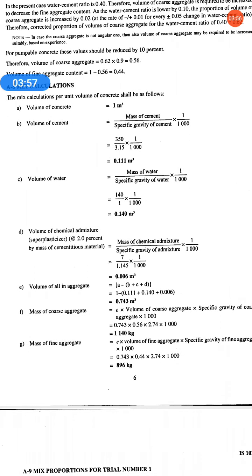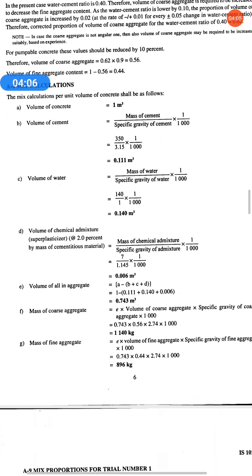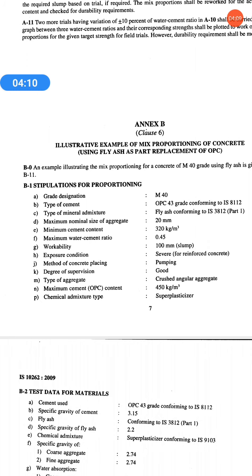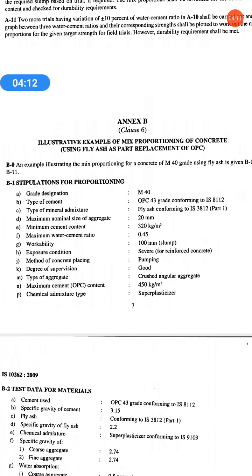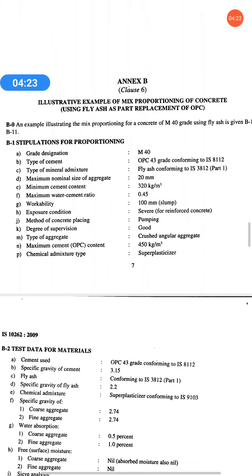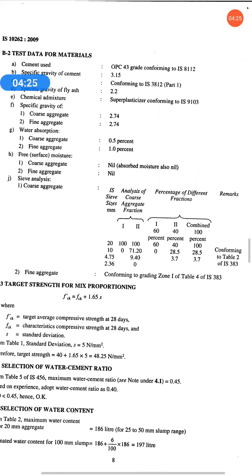Now you have everything. So now you can make your concrete of M40 design, of M40 strength. So this is the full concept of concrete mix designing. Now you can read or calculate on your own about this fly ash containing mix, as part replacement of OPC. Here we have partially replaced OPC with fly ash. So you can go through this question, and if you have any doubt you can ask me. Thank you.